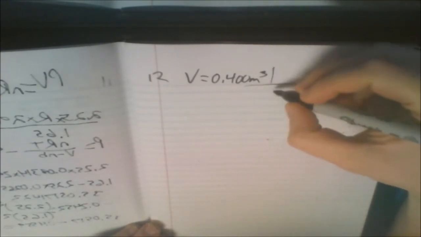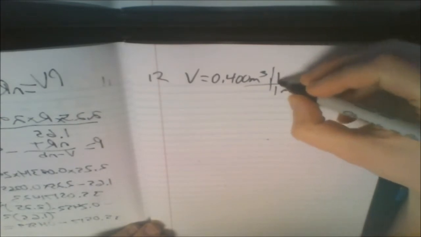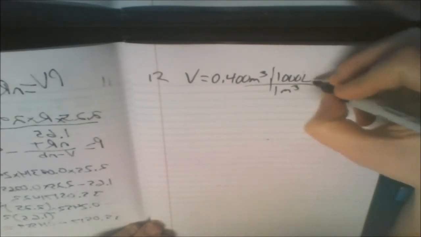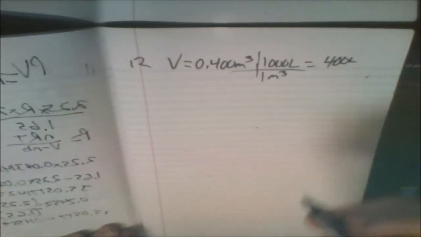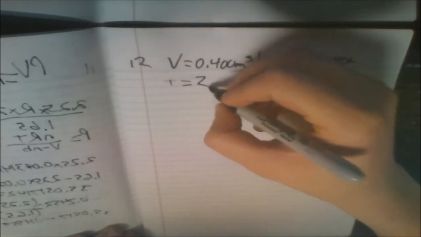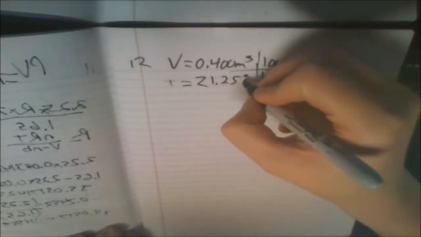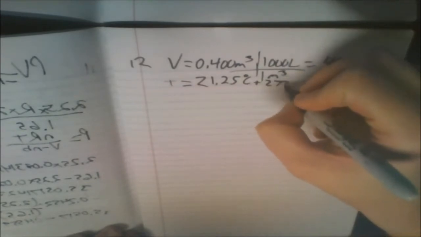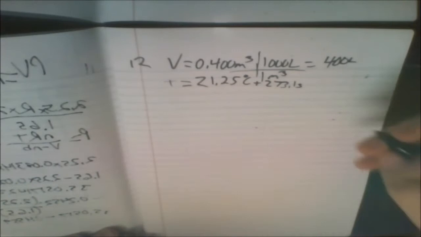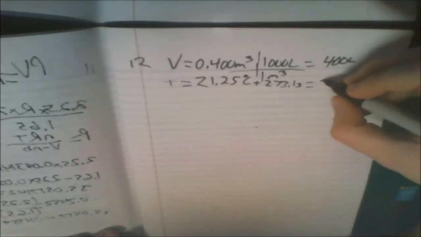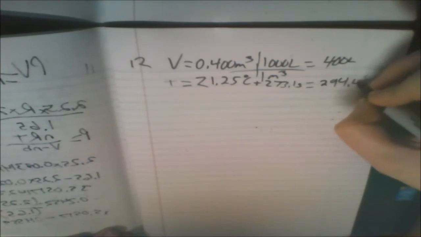So this is 400 liters. As I was saying, the first vessel contains 400 liters at a temperature of 21.25 degrees C. So we add in 273.15, you get 294.4 Kelvin